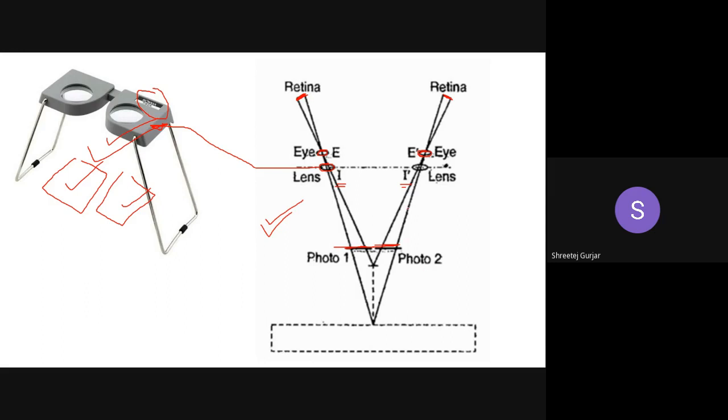Similarly, if you take photographs of the image of a nail, and you view through this particular instrument, you will see a 3D image, that is a single image of the nail, not two images. You will be seeing a 3D image of a nail. So this is a simple lens stereoscope, wherein we have not many parts, and the working is also very simple. This is how the lens stereoscope works. If you have understood the mirror stereoscope, this is very easy to understand.